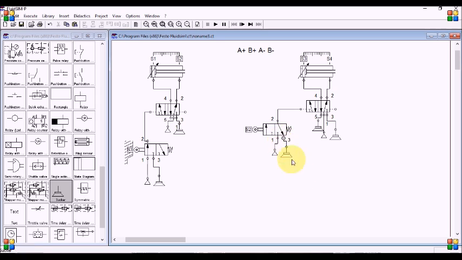In a real case, we have only one compressor and only one sink, and the rest would be in a parallel session to it. Now, if S2 is true, then B plus can happen. After B plus, A minus should be actuated. A minus can actuate only if B plus has happened. When I have a B plus, that means